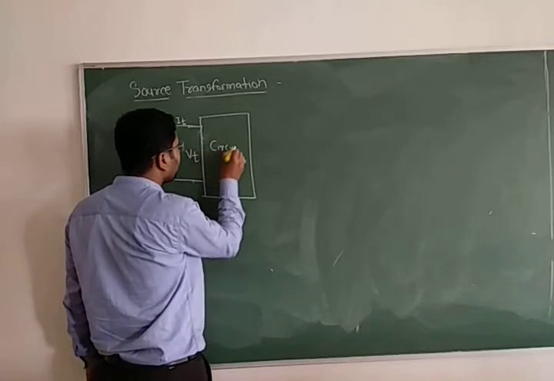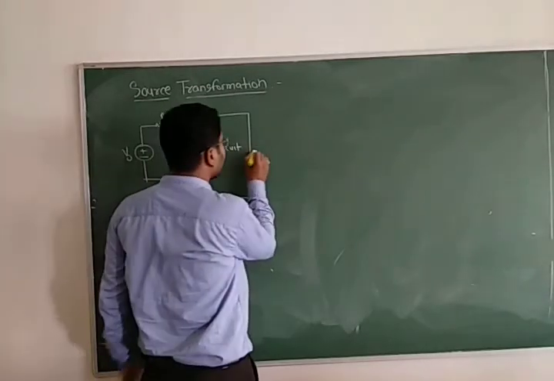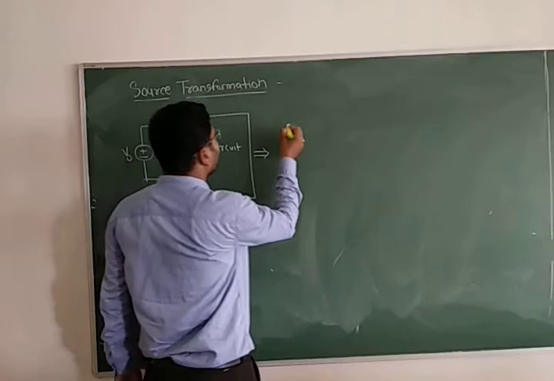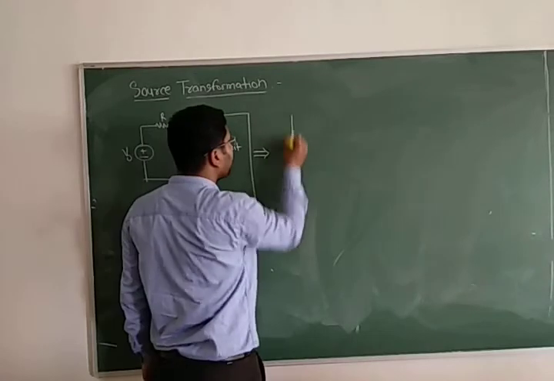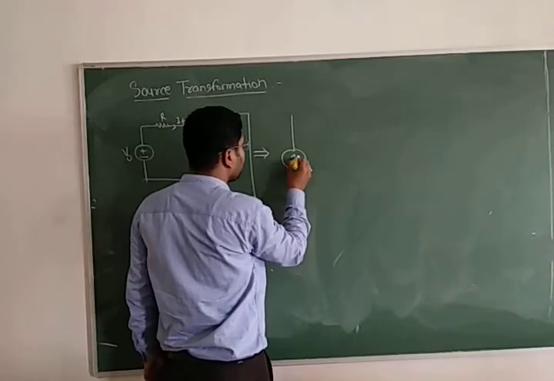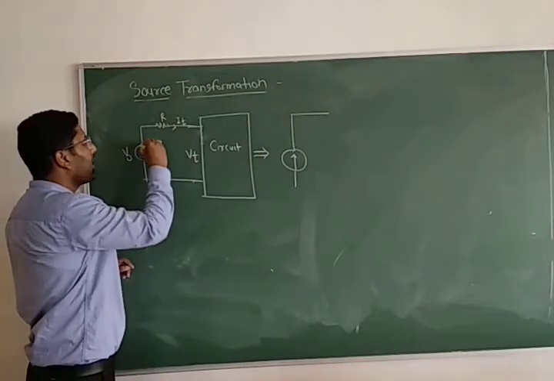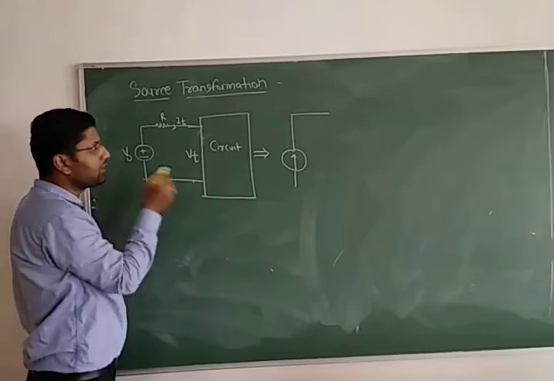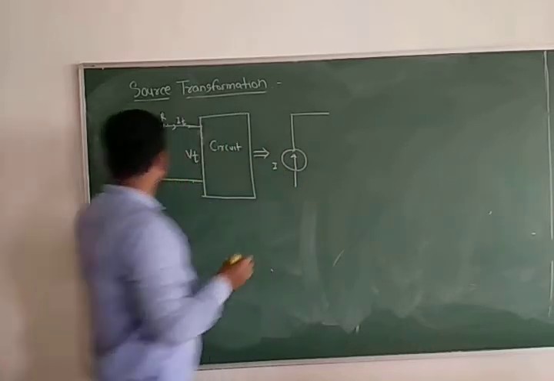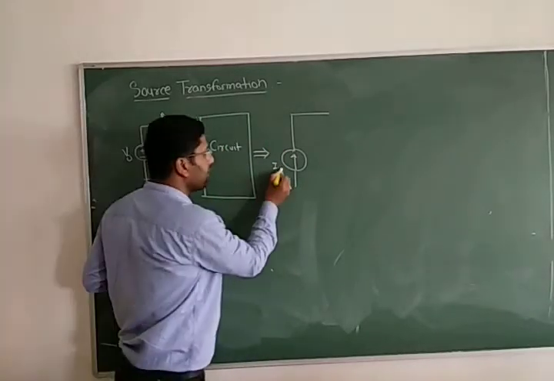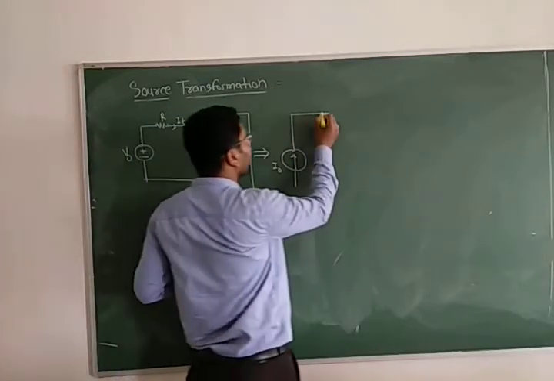This is the circuit, and we have to convert that into the current source. You can see I am converting this voltage source into the current source. Directly I will write the current source direction. Why is this current direction upward? Because current will flow from higher potential to lower potential, so that's why we are taking this current direction upward. From this V0 we have calculated I0, so I will write I0 here. Then the current source, then this is resistor R.